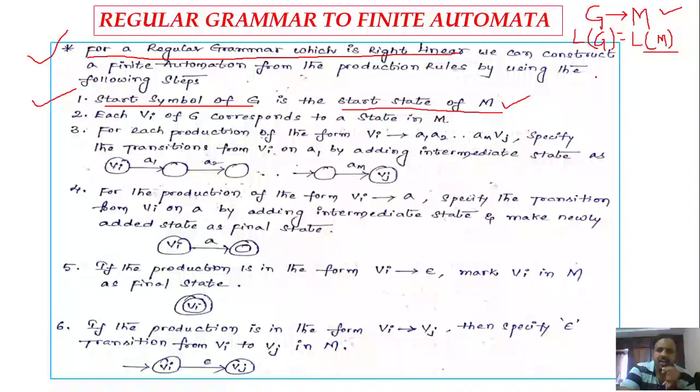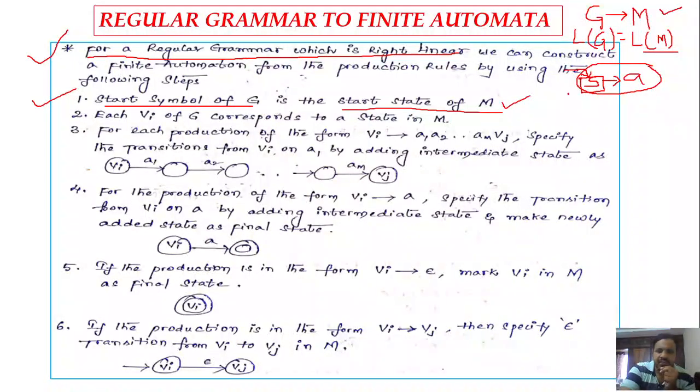So if your grammar has the start symbol as S, like this, S denotes A. Let me say that this is the first production rule, right? So in the first production rule, whatever is the leftmost symbol present on the left hand side of the production rule is considered as the start symbol, right?